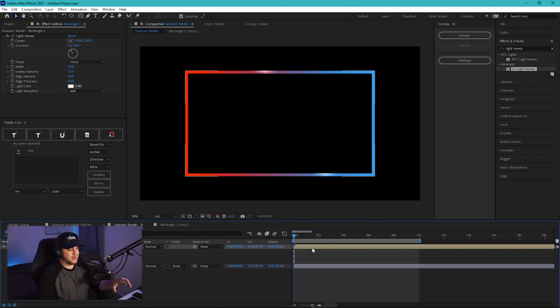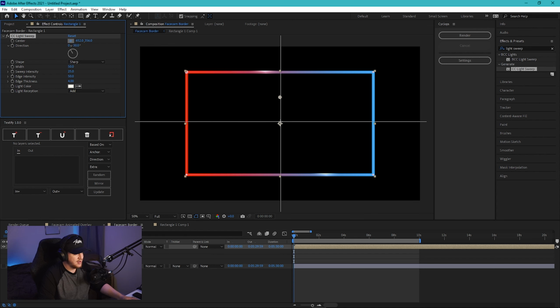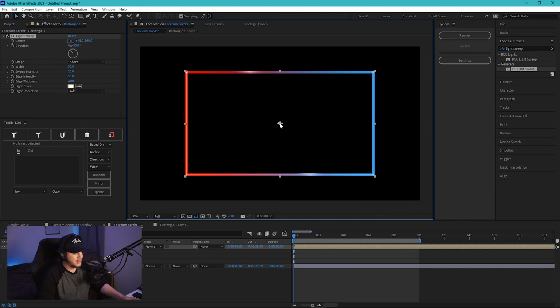So first things first, you want to click your pre-comp layer and go up to the upper left, which is your effects controls. This is where you pretty much control all of the effects that you add onto layers and other things like that. You're going to want to click this little coordinate symbol. Once you click that, you guys can see that this is not really the center. So all you want to do is click right in the center and it will automatically change it. And now our stuff is actually equally distributed, which is really nice.